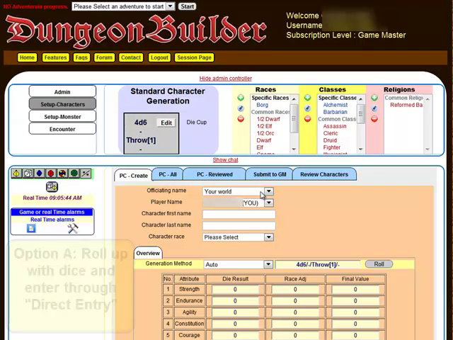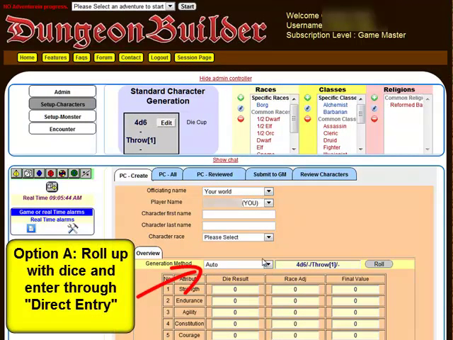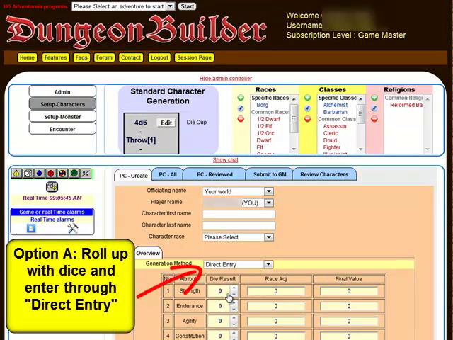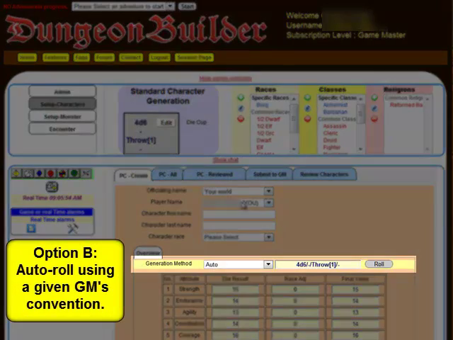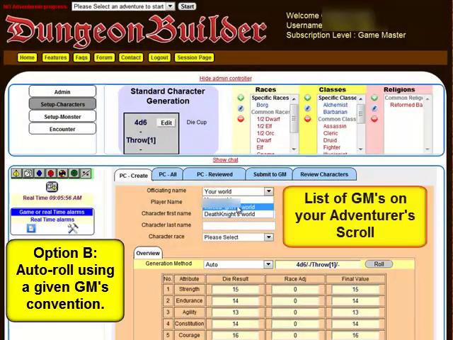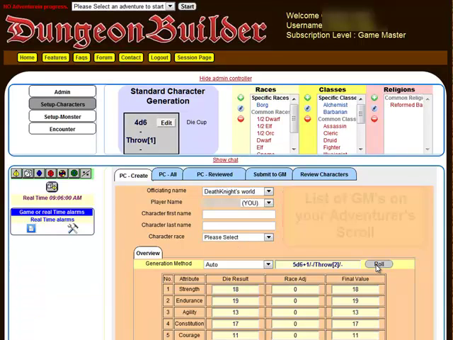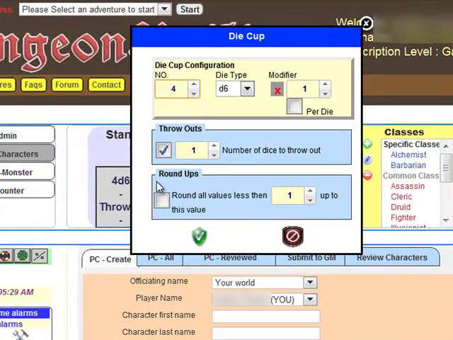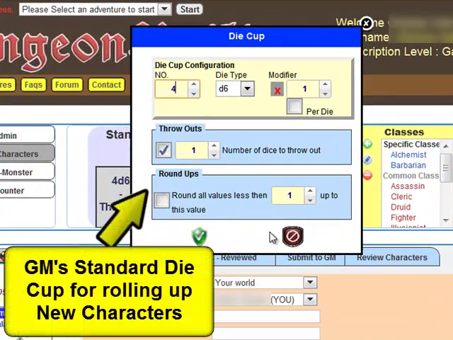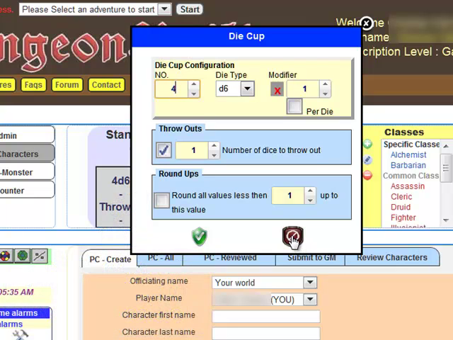Dungeon Builder really shines when it comes to creating new characters. You can either roll them up using dice and then enter that information into the character sheet here on the PC Create tab, or you can use Dungeon Builder's auto roll feature to roll up character attributes using that game master's preferred method. You see, most game masters have their own method for rolling up characters, whether it's 3-6 or 4-6 or some other convention, and Dungeon Builder allows each game master to record his or her particular convention on